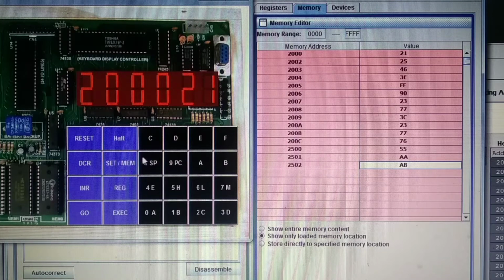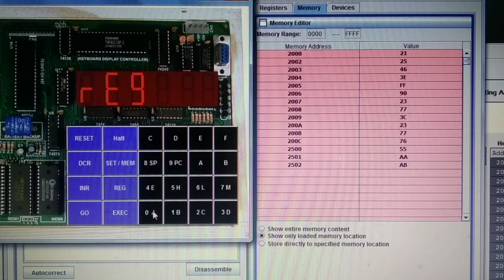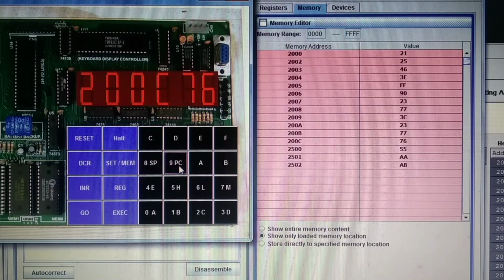You can check the contents of register A, register B, register C, register D, register E, register H, register L, memory, stack pointer and program counter. That's all about the program.